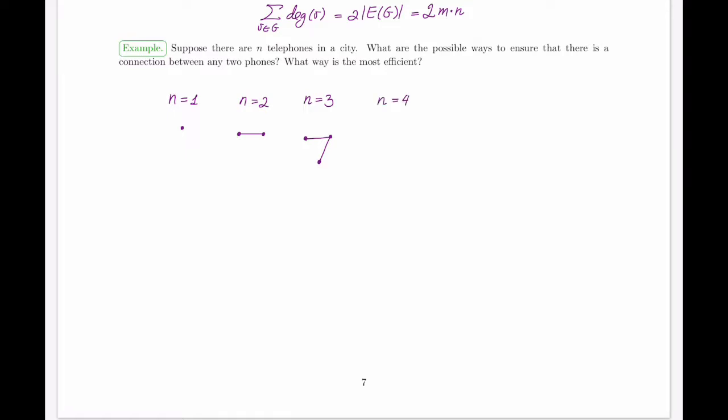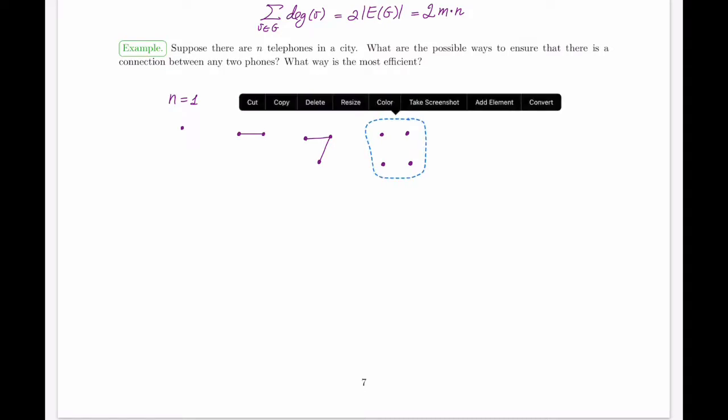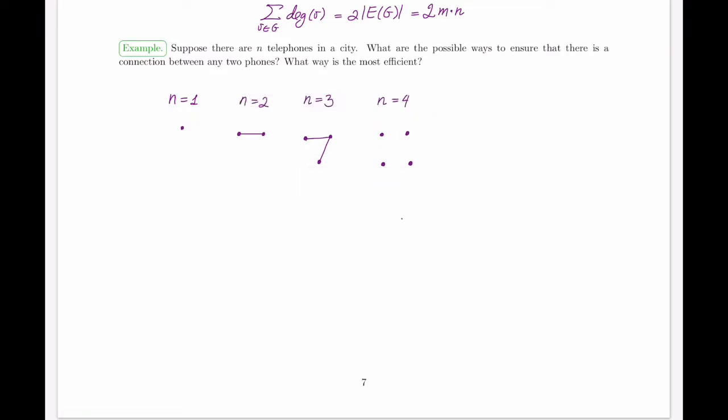So what about n equals 4? Try this out for yourself. Let's say we have 4 vertices. What are the possible ways to connect all of these together? So let me copy this over because I would like to create a few different scenarios and then see how that would work. Now, again, I'm not interested in creating direct connections to everything. Of course I can, but it's not necessary.